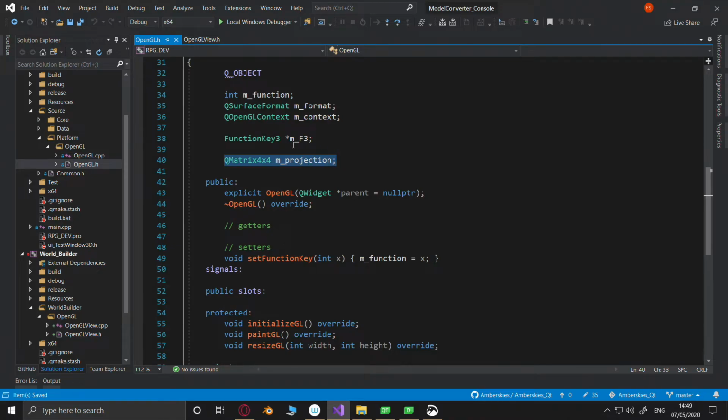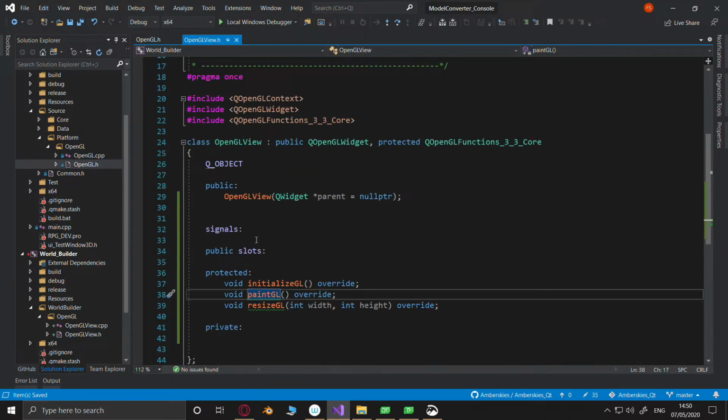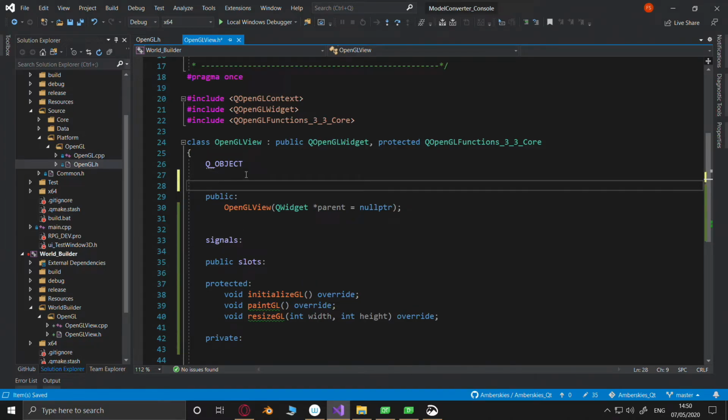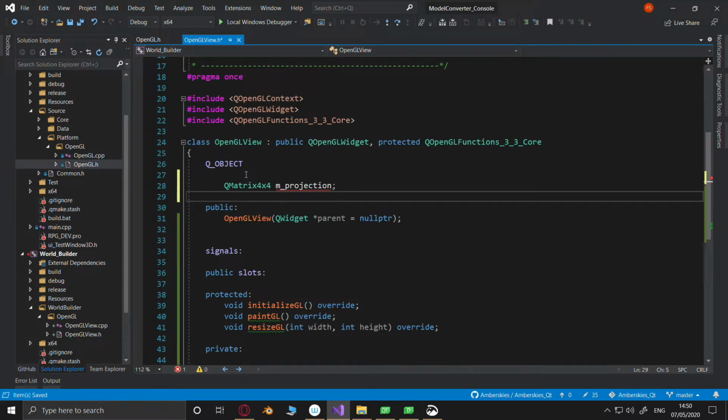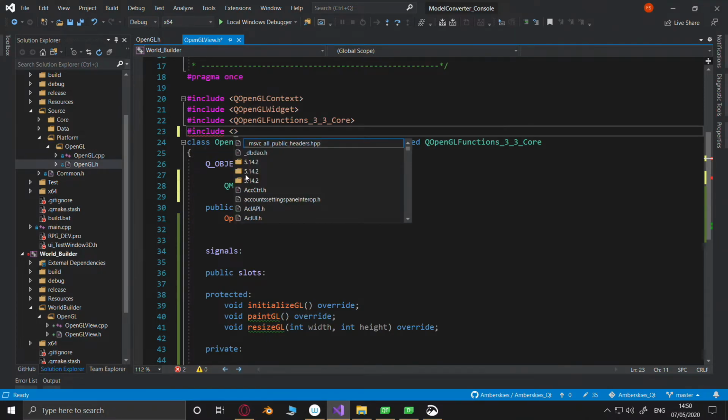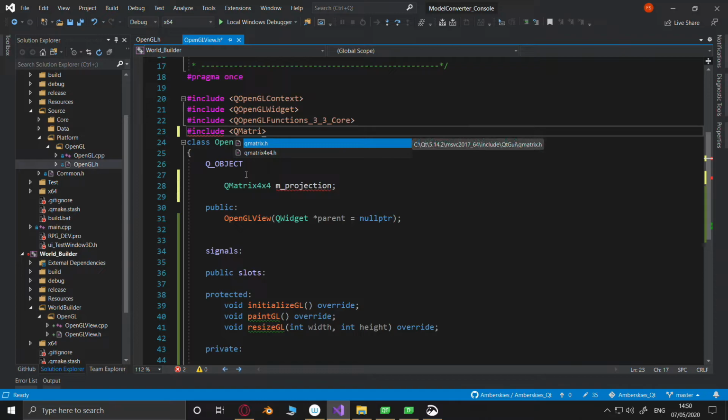We need you. Not sure about you lot. But you I definitely need. Hash include QMatrix4x4.